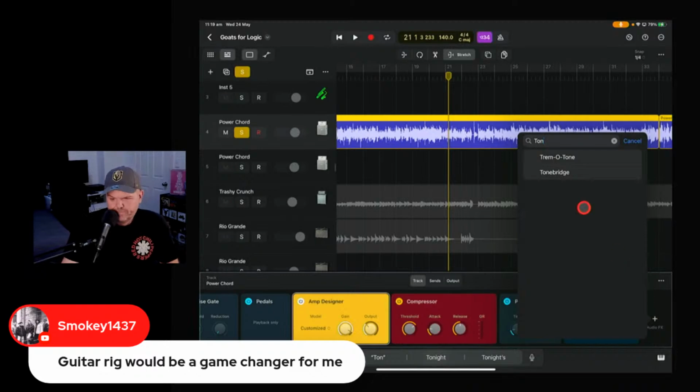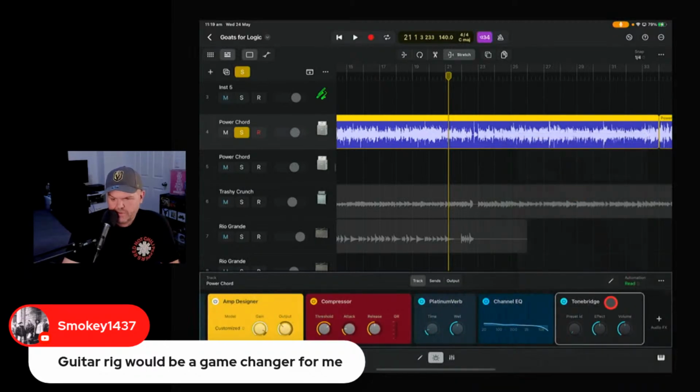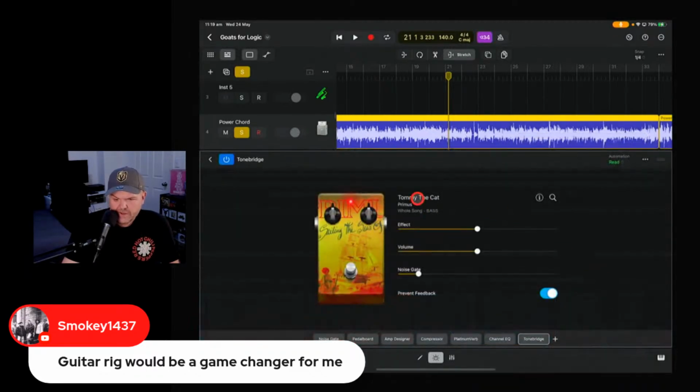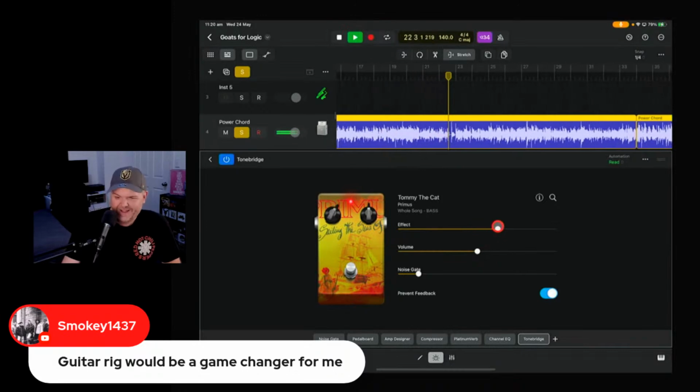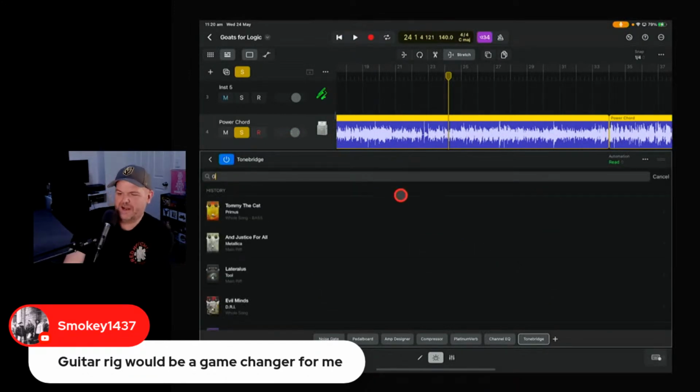Tonebridge, there it is. So if we wanted to use Tonebridge, we still have the option here. So if we put Tommy the Cat from Primus on here, what's that going to do? Right? But yeah, if you haven't used Tonebridge before, it's bloody marvellous, I must say.